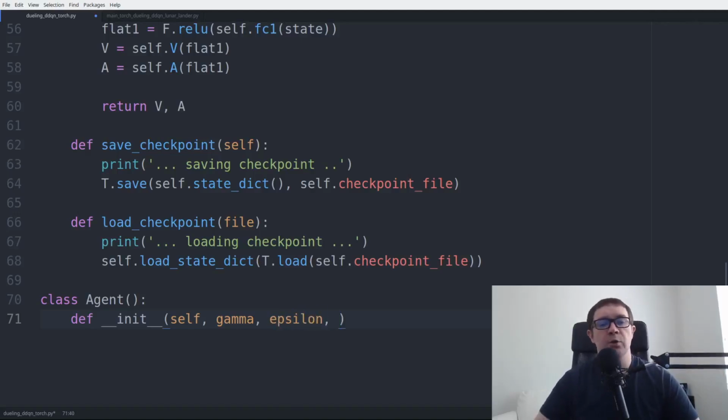Epsilon is the fraction of the time that it spends taking random actions. It'll start out at 1 and gradually decay down to a minimum value. You never want to go down to 0, because the agent can never be quite sure that its model of the environment is correct, and therefore it must always spend some proportion of the time exploring to test its model against actual experimental data. Then the learning rate, of course, the number of actions, input dimensions, a memory size, a batch size,